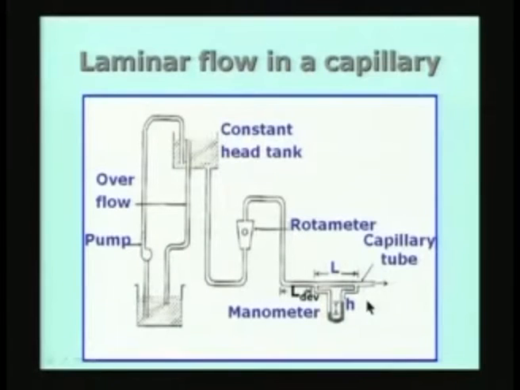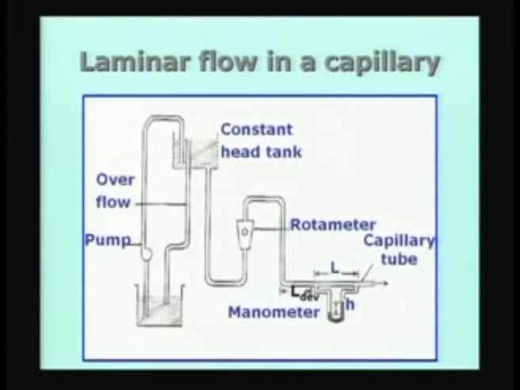So, a laminar flow setup in a small diameter tube. A capillary is nothing but a small diameter tube. What I have to make sure in using the method which employs pressure drop in a tube of circular cross section is to maintain the Reynolds number less than the critical value. Of course, we do not know the viscosity, therefore, a priori it is difficult to find out what the Reynolds number is, because only when you measure the velocity and when you know the viscosity can we find out.